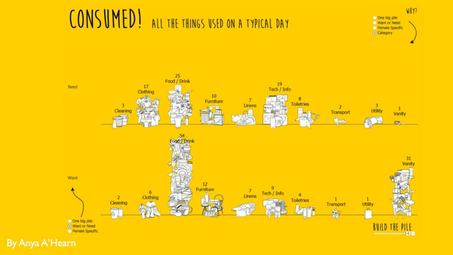So again, this is something that's both informative. Look at that big pile of food and drink down there in the want category compared to the size of the food and drink in the need category. Oh, that's interesting. Look at the big size of the pile in the vanity in the want category versus the vanity in the need category, right? So these are all things that help us really come to a better perspective about what Anya uses as she goes throughout a given day. It wasn't created in some boring table or bar chart. She did it in a really interactive and fun way that lets you almost enjoy the experience of working with the data like this. Again, visually interactive and informative, inspiring, but also communicating real numbers.